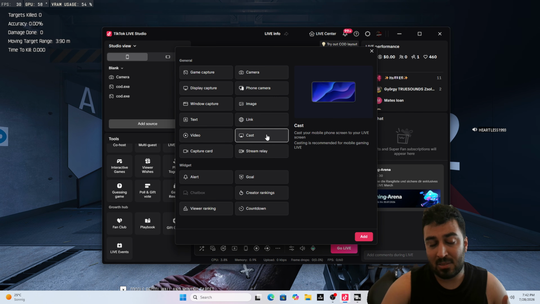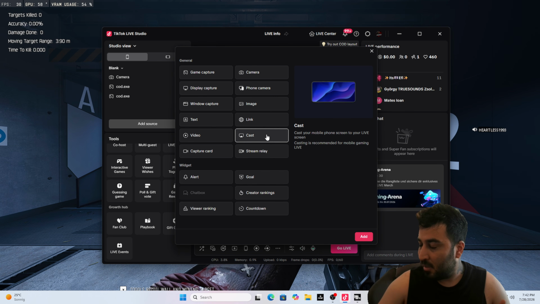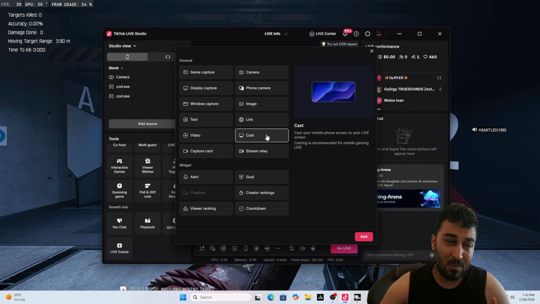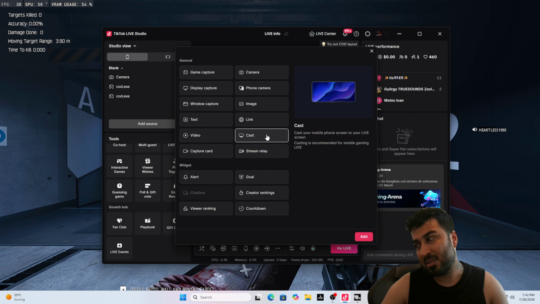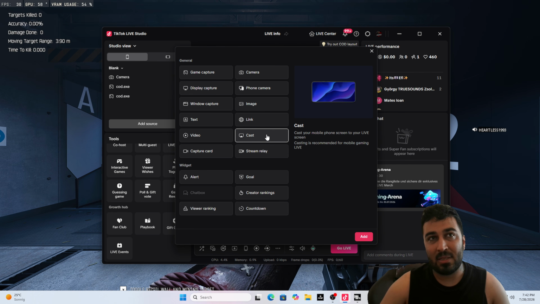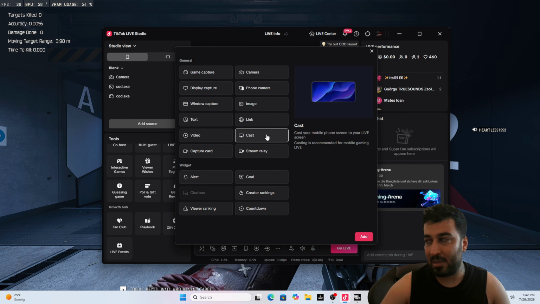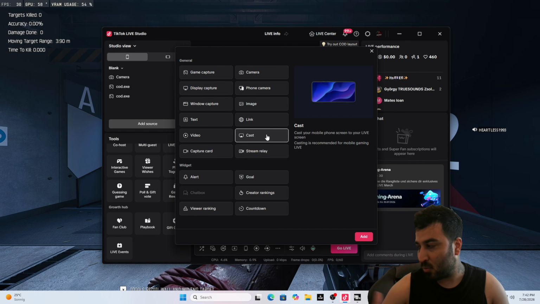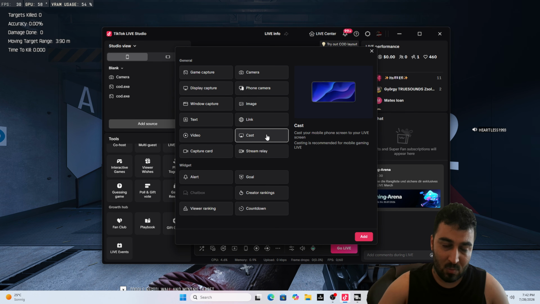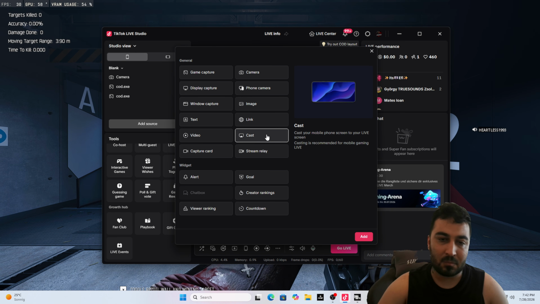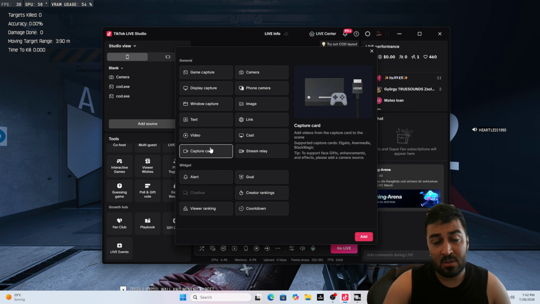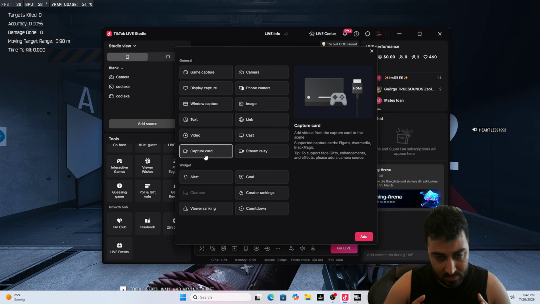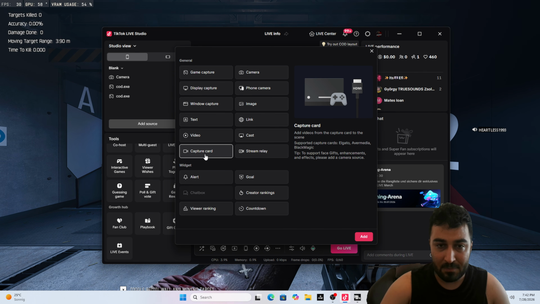You can cast your phone, for example, you can stream a game on the mobile with the live studio. The problem is I tried that. I have so many lag and delay issues, and the quality was so bad. The best way to stream gaming on the mobile is just to use your mobile. That's it. For the capture card, if you want to stream your PS5 or Xbox, you use a capture card,